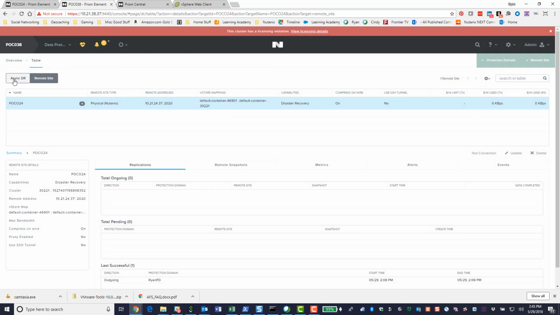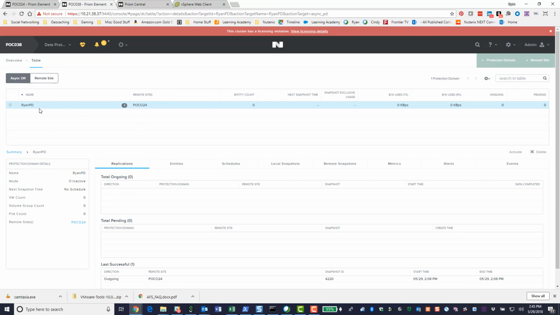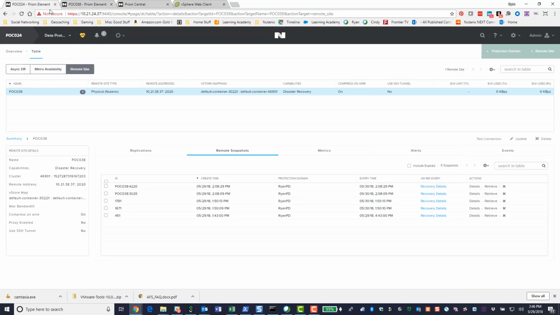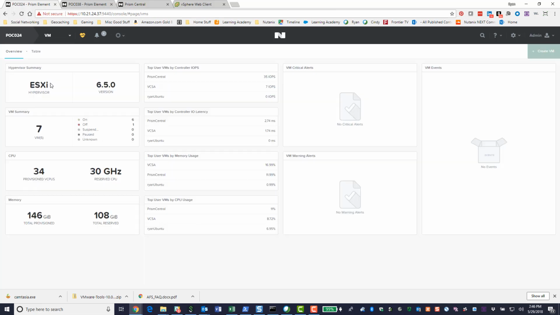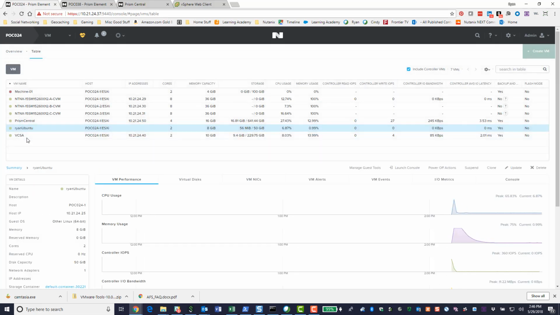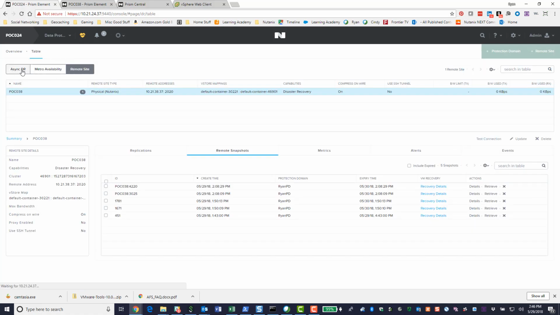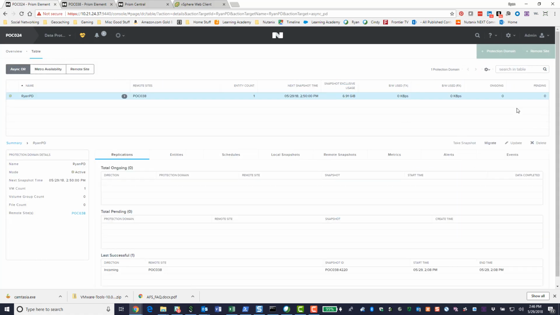So now when I do the async DR, I've got my protection domain here, and let's see what's actually, there's nothing running on this one. It's actually starting on ESX right now, so it's running on 24, and I know that because if I go to table, the volume is actually here, and if I go back to data protection, table, and I look at my async DR,